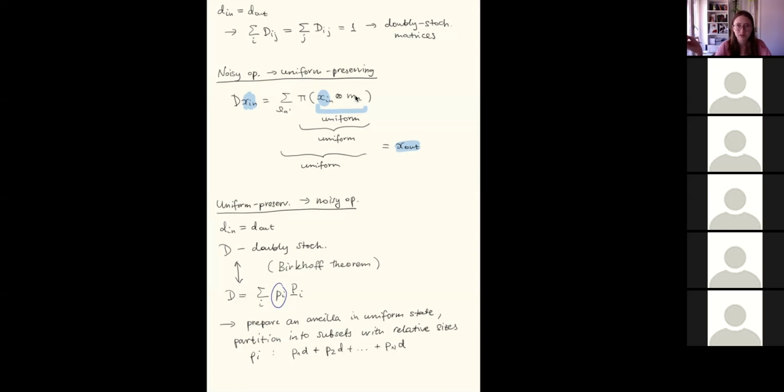Two arguments against this. The first one is more mathematical, which says, okay, even if we allow for a small error in how we define our subsets, then it will just induce a small error in how the matrix D is decomposed. But this is robust, so we can make this error as small as possible, increasing the dimension of